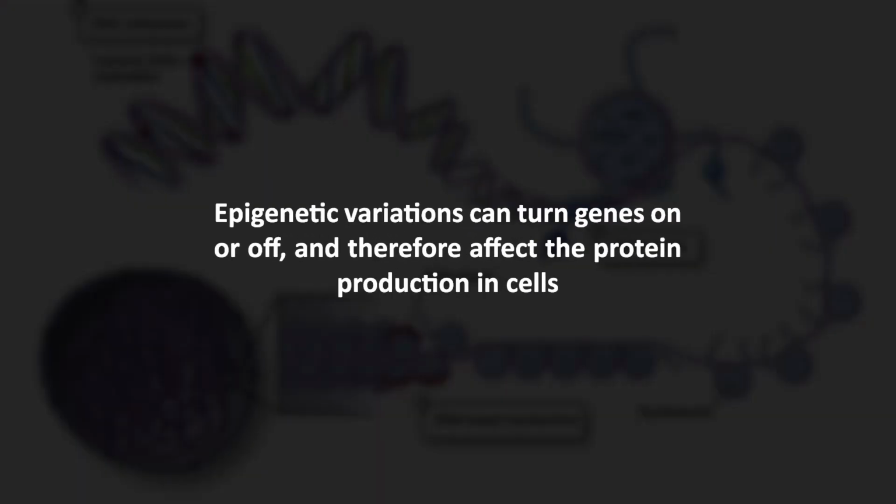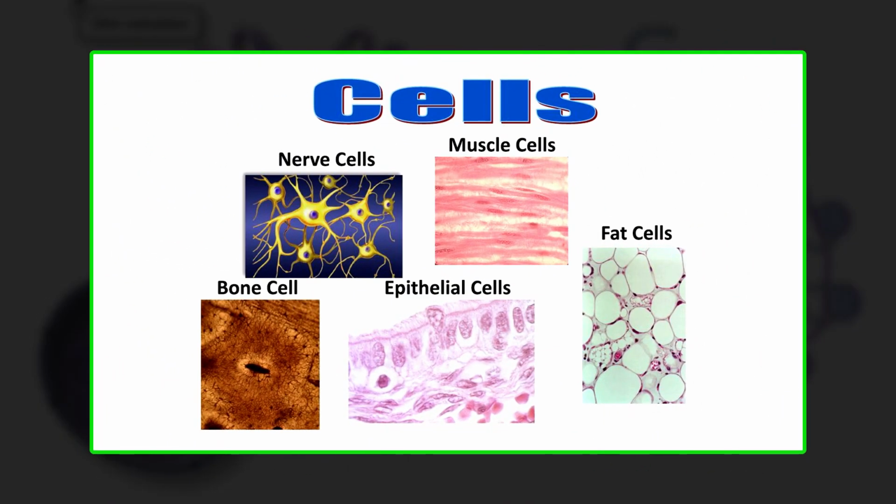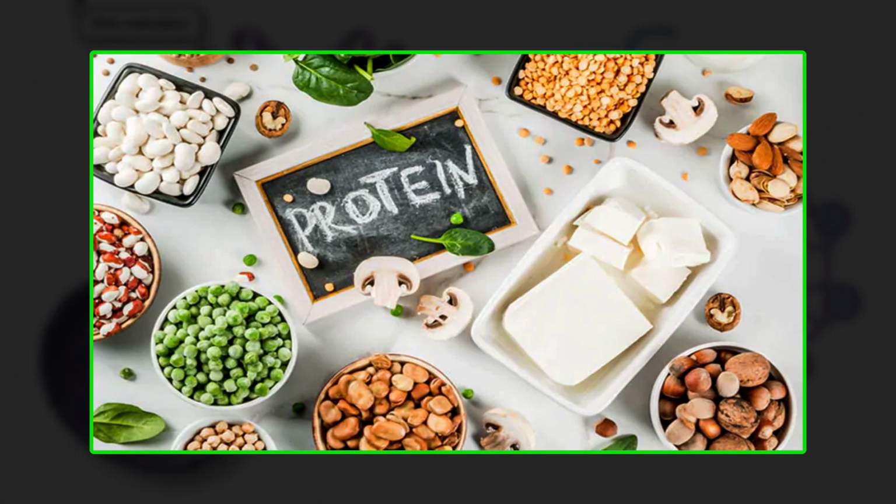All the cells in our body typically have the same DNA sequences, so there must be something else that decides what phenotype is expressed in each part of our body. Epigenetic variations can turn genes on or off and therefore affect the protein production in the cells. This makes sure that different cells in our body produce only the proteins that are in accordance with their corresponding functions. Even though bone cells and muscle cells carry the same DNA sequences, proteins for muscle growth are not produced